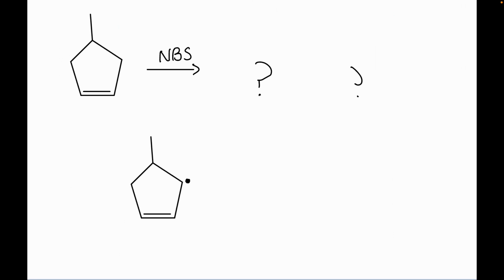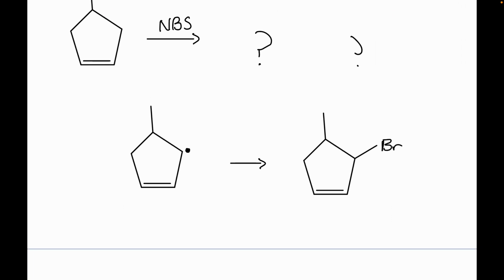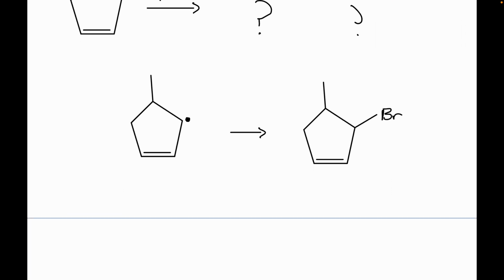So when that radical forms on that allylic carbon, my product here from that allylic bromination is going to simply have that bromine on that allylic carbon, right? Okay. But now,